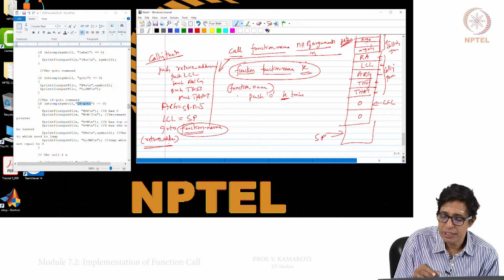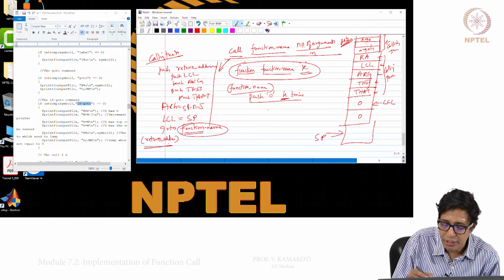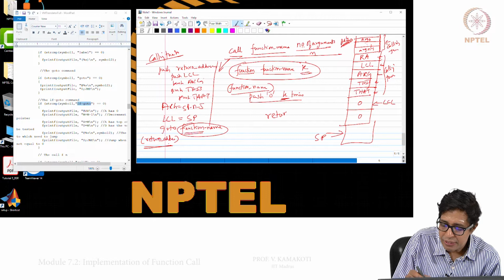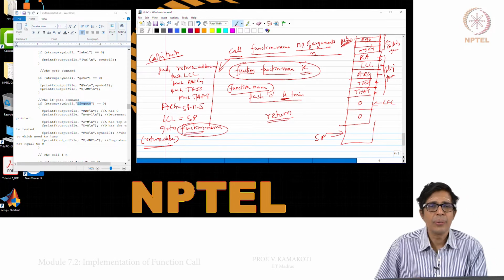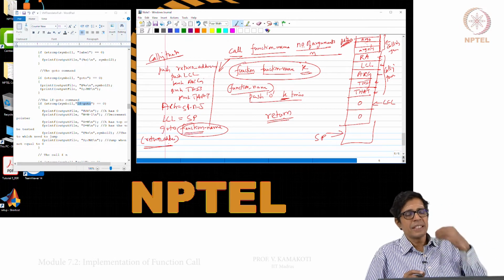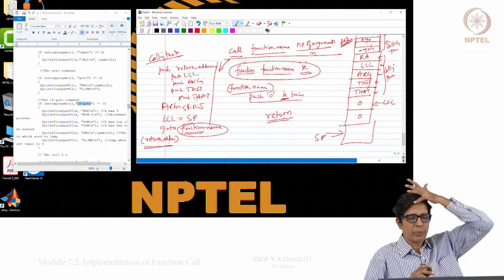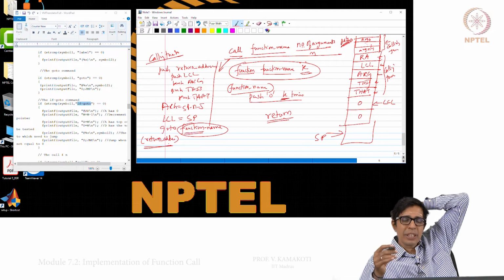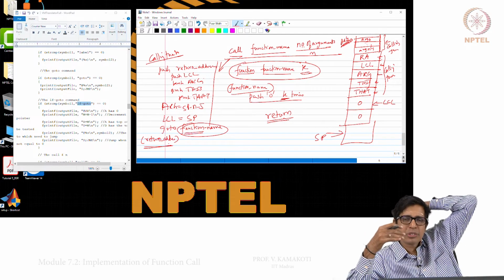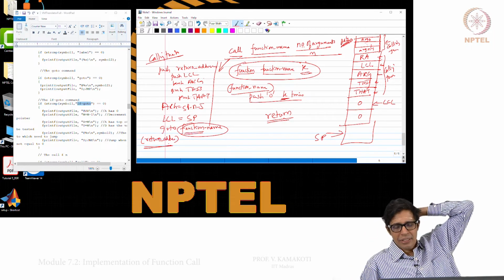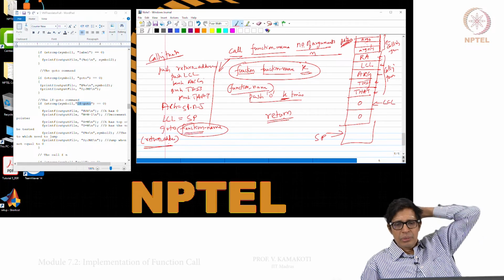Right. Now, this is done. Now, what should return do, the last one? Once I return, as I had shown in the previous module 7.1, the value that I am returning should be on the top of the stack.